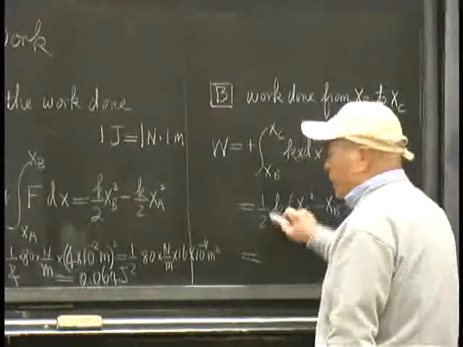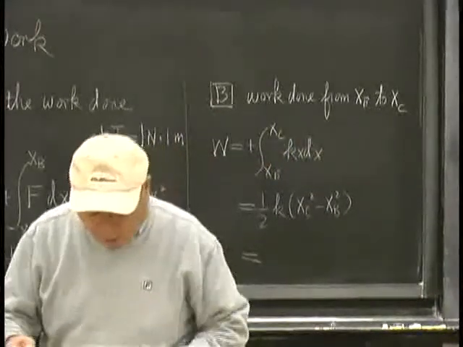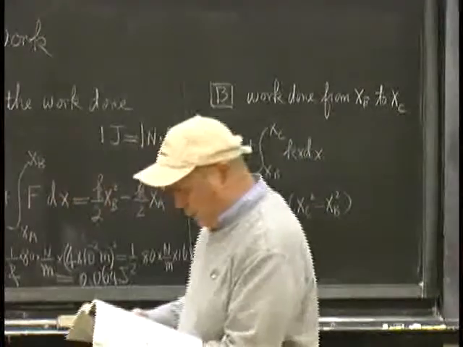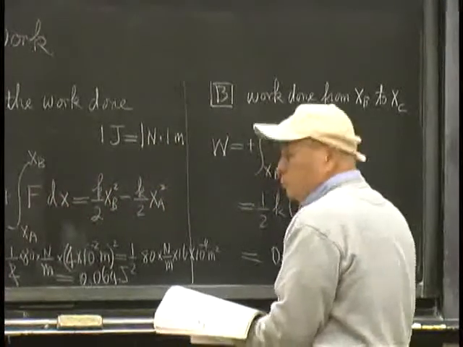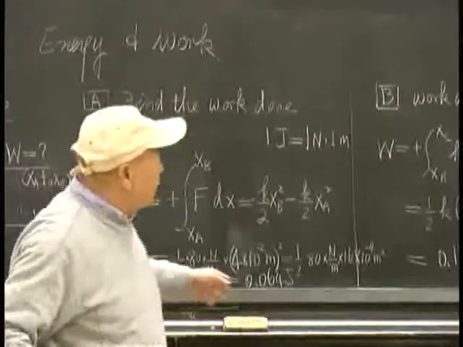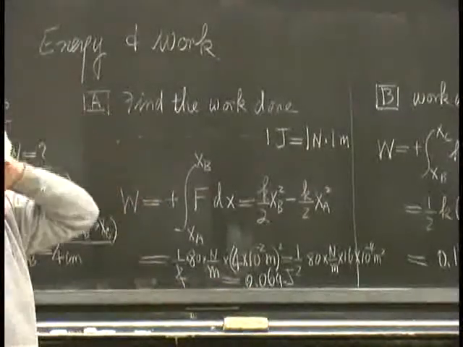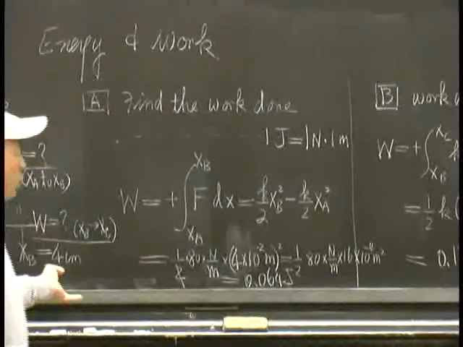After that you substitute all the information, and you will get 0.13 joules. So this serves as a model for how you solve problems. Now we know that most of you